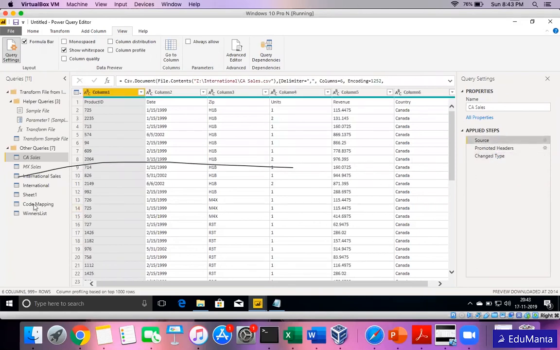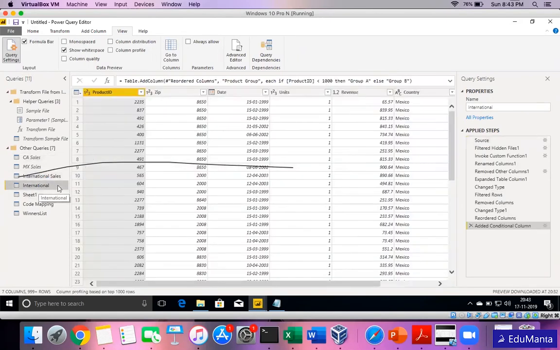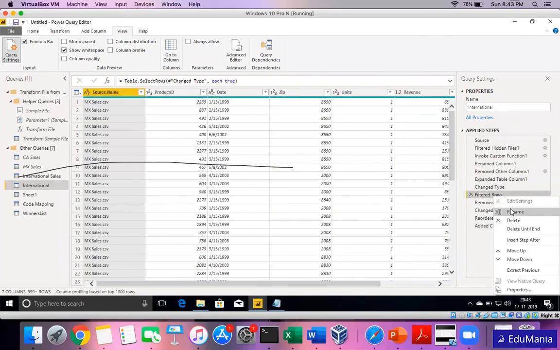And even for best practice and best data modeling practices, it is always suggested that you rename these steps accordingly. Suppose I am removing one column, or filtering, for example, for country, it's suggested that you go there and rename the step as filtered for country.